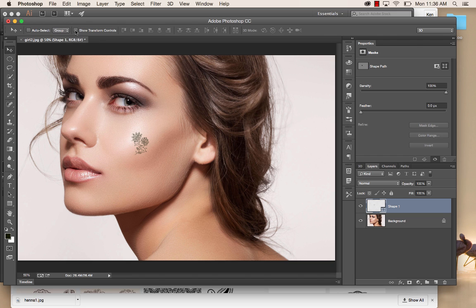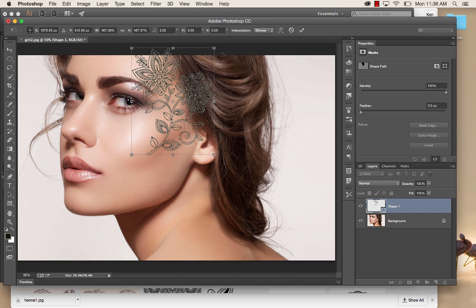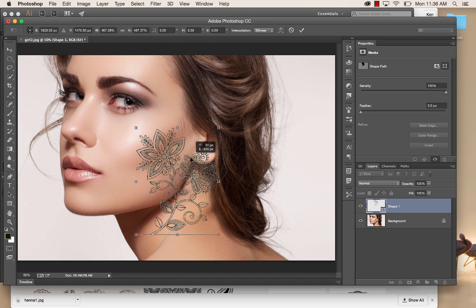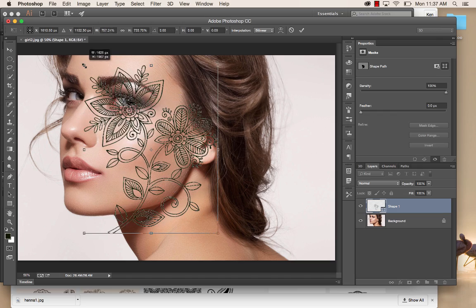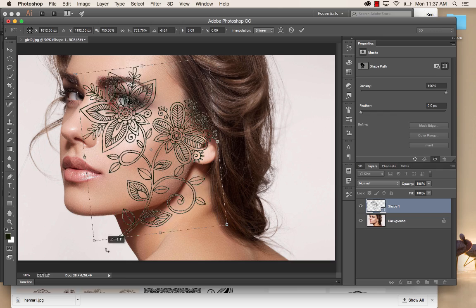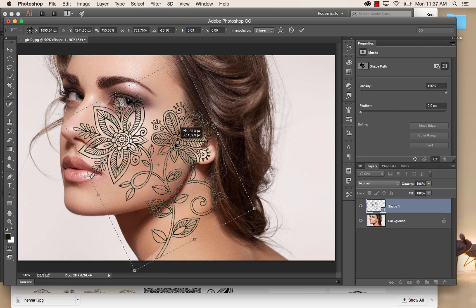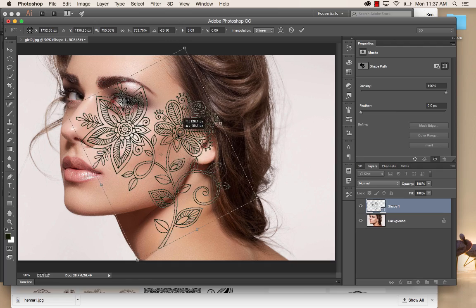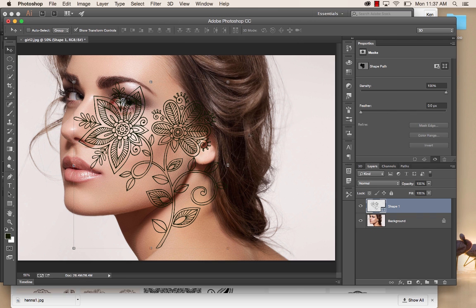So we're going to show the transform controls, either Command T or click on the transform controls. I'm going to stretch it up a bit so that it becomes a bit larger. I may decide to rotate it just a bit also. Let's see, something like this perhaps. And the other thing I'm going to do, once I'm starting to transform it,